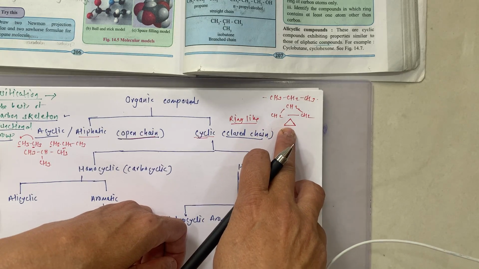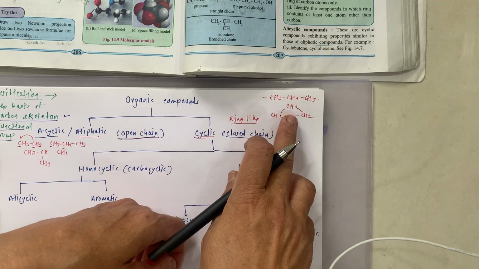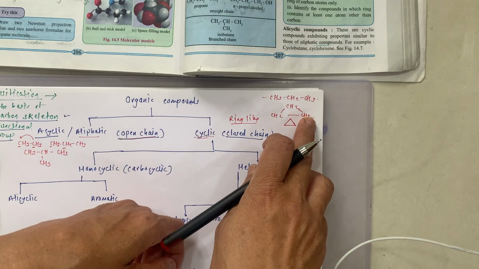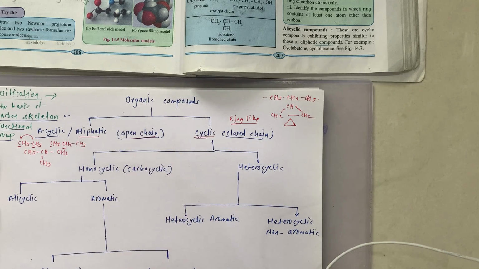So this is carbocyclic, where only carbon and hydrogen are present and the ring is of carbon. So this is also called a homocyclic compound. Carbon is an essential atom in any organic molecule. One or more hydrogen atoms are present in most organic molecules. All the other atoms that are found in organic molecules are called heteroatoms. The cyclic compounds in which the ring includes one or more heteroatoms, such as oxygen, nitrogen, sulfur, are known as heterocyclic.